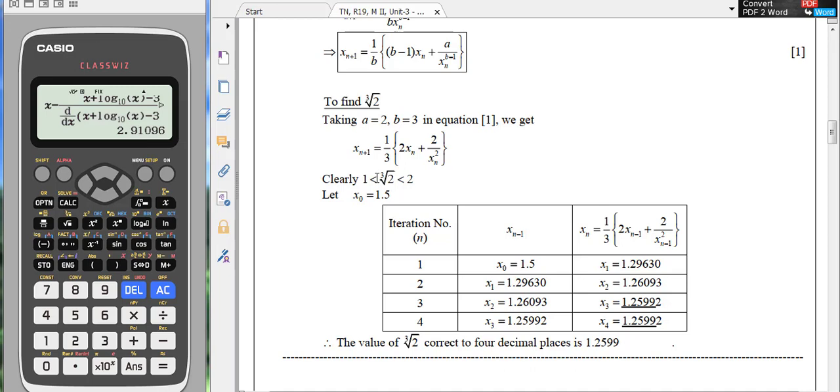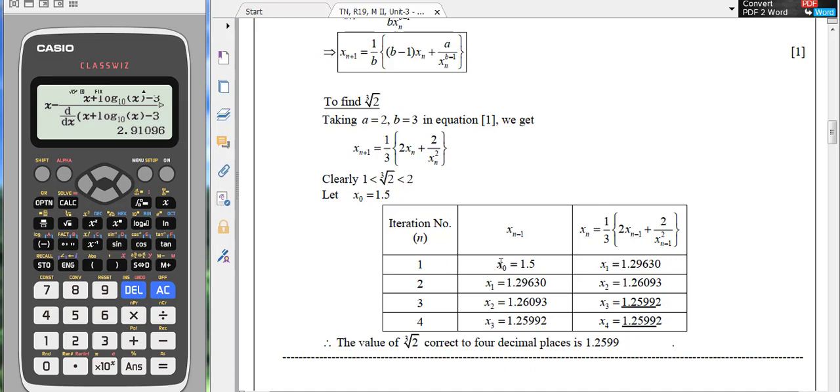And as cube root of 2 is a value lying in between 1 and 2, you can get its exact value using the calculator, and you can know that it is a value lying in between 1 and 2. So you can note that clearly it is a value lying in between 1 and 2, and the midpoint of the interval 1 and 2 can be considered as the initial approximation. So here it is considered as 1.5. You can select x0 as a value which is nearer to the actual root also. Here as usual I considered the midpoint as the initial approximation, so that for the first iteration